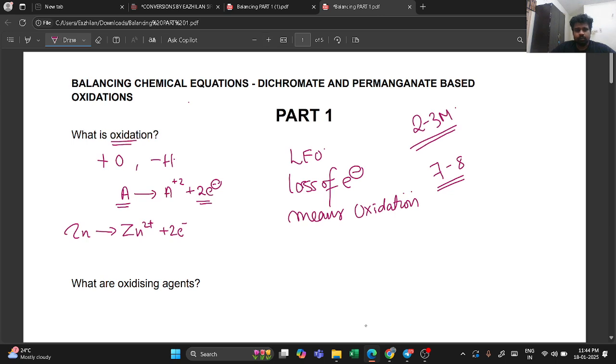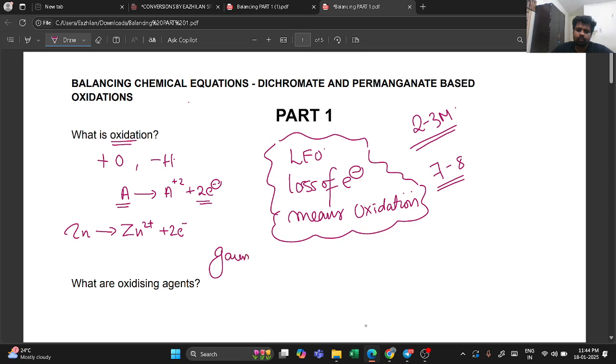Okay, a reverse of this is also true. So I said that loss of electrons refers to oxidation. Okay, so what if it is gain of electrons? So gain of electrons is reduction. Okay, so one example I will just give you. For example, let us have